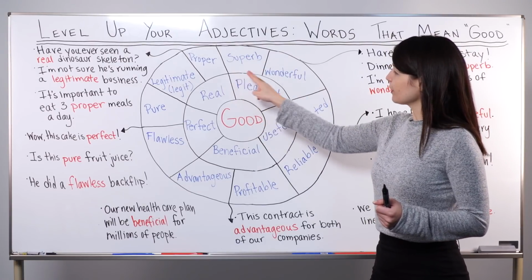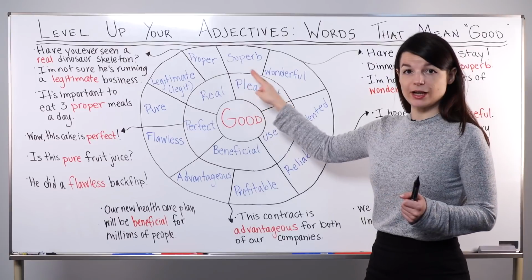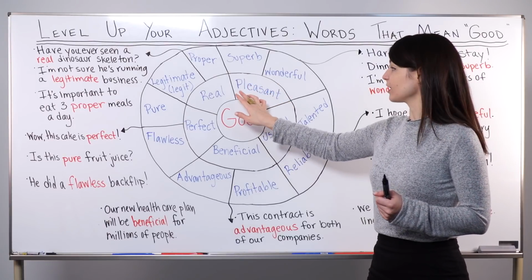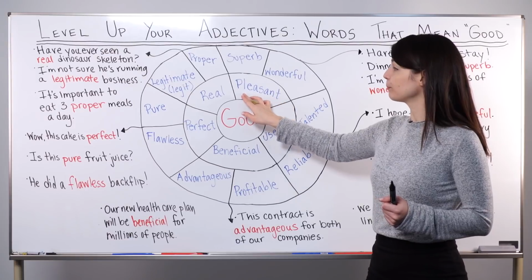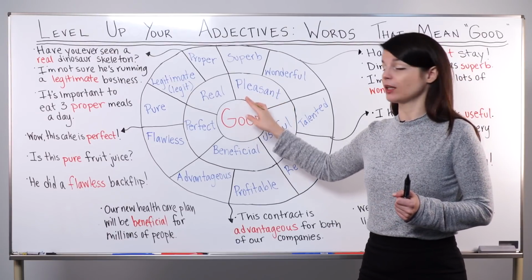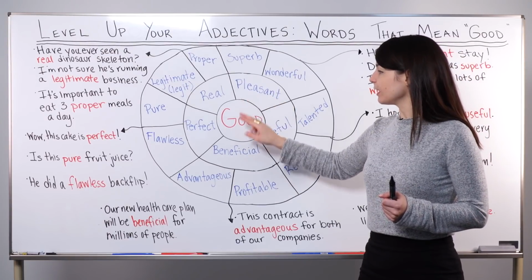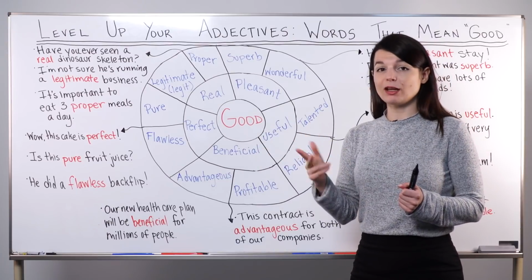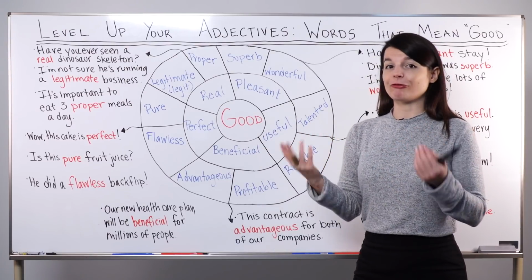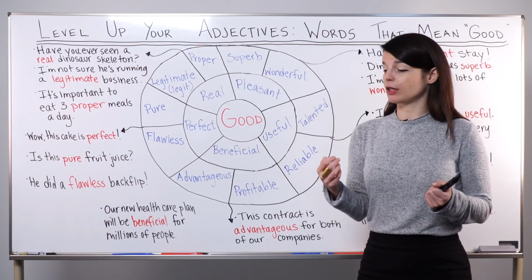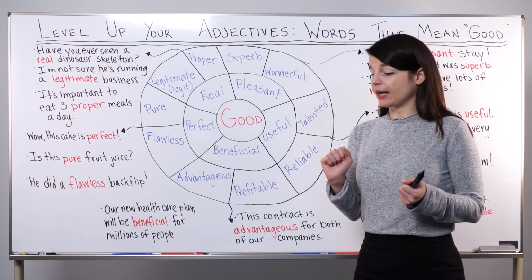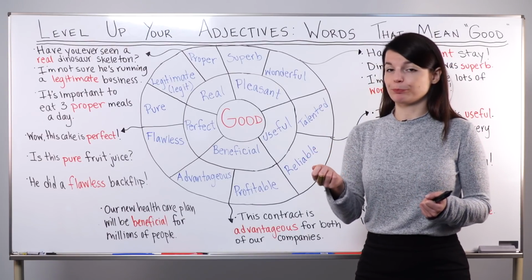So the first sort of more specific adjective, the first deeper adjective is the word pleasant. Pleasant. This is the pronunciation. Something that is pleasant is good, is nice, is favorable. We have a good feeling about it. It's used for situations, and it kind of sounds a little bit formal.